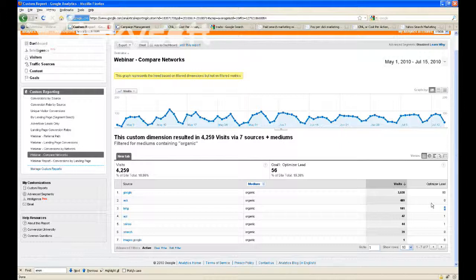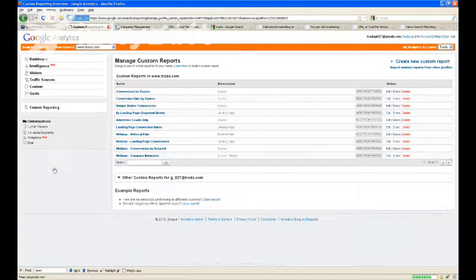One of the hardest things about doing that is that you've got to go and build a whole new campaign in AdCenter or a whole new campaign in Yahoo. As a side note, Trada runs across all the 3 networks. It makes it really easy to do this, so we have a lot of experience doing it. But before you go off and do all that blindly, just hoping that the customers on Yahoo or Bing are the ones that you should be targeting, you can get some really good comparative data directly here out of Google Analytics before spending $1. The last thing I'll do very quickly is show you one more report that we built.